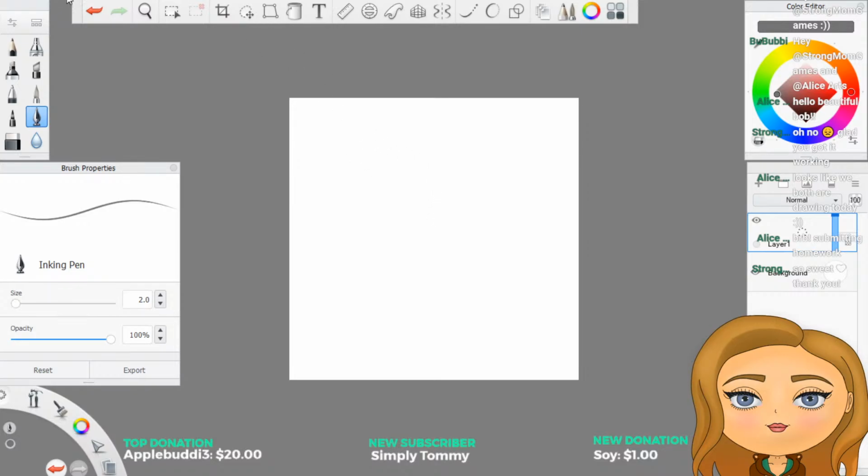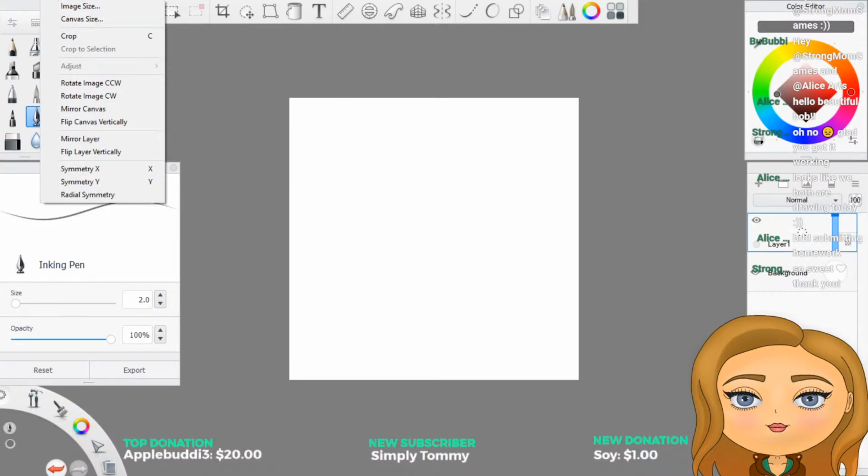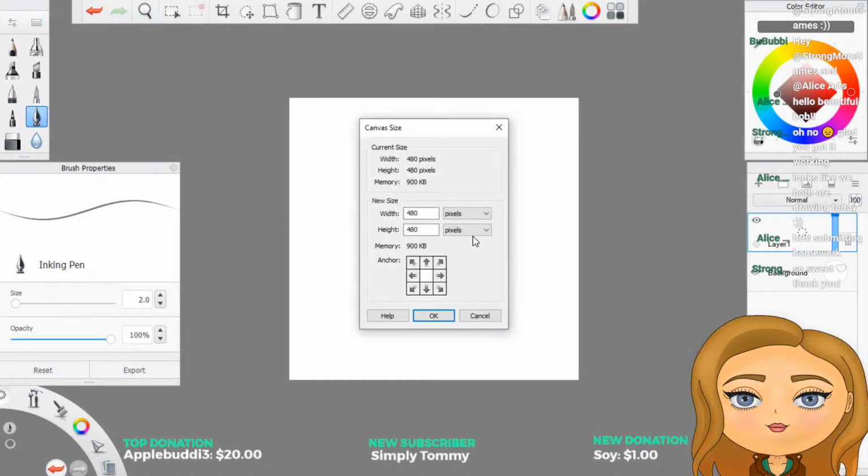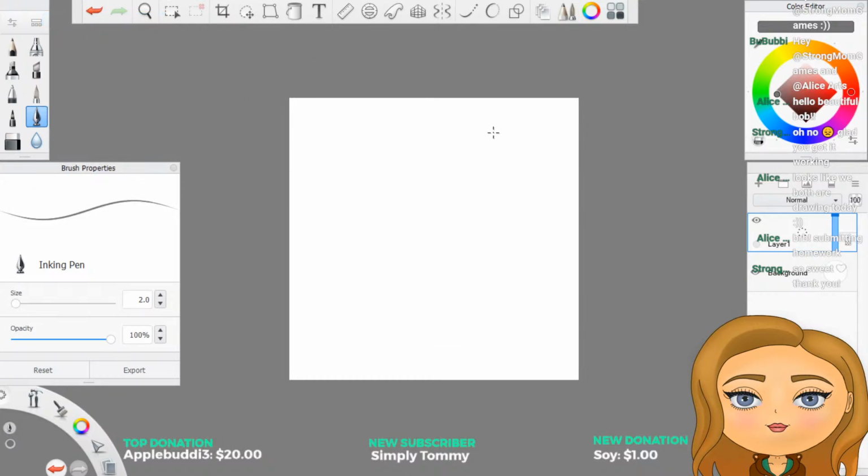So I have an image with a canvas size 480 by 480 because apparently that's my max on this one. But for the sketch, I'm not really fussy on what size it is because I can always stretch it out, because I'm only going to draw over it anyway.